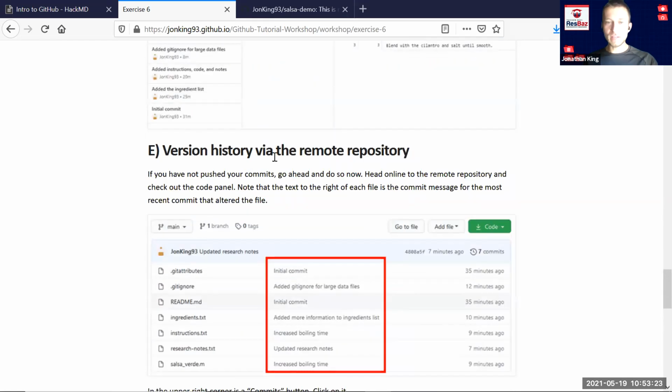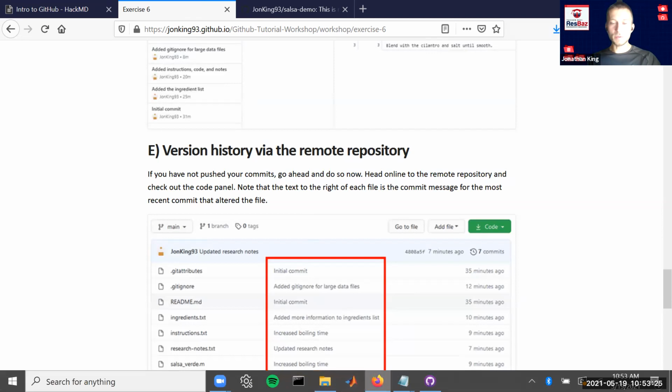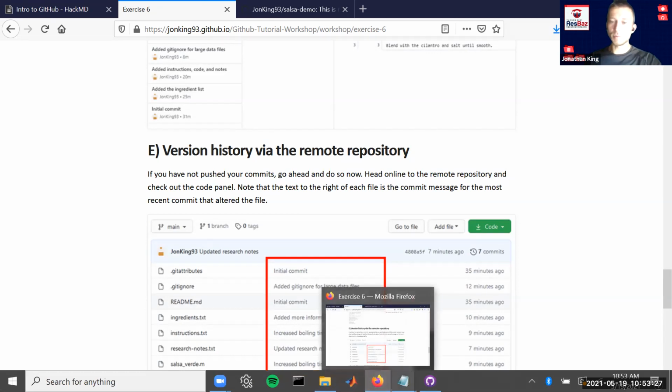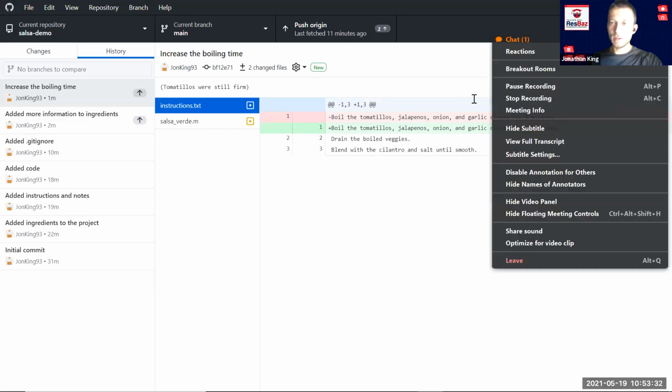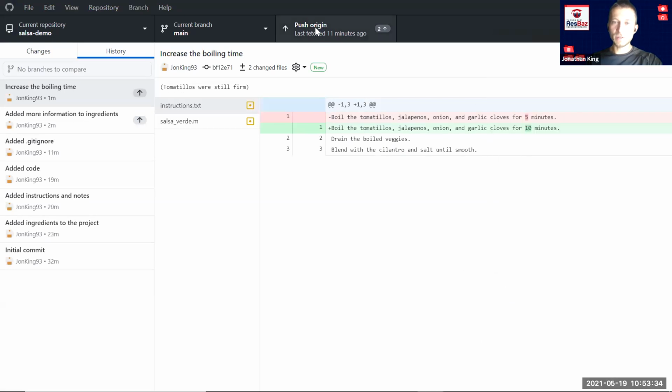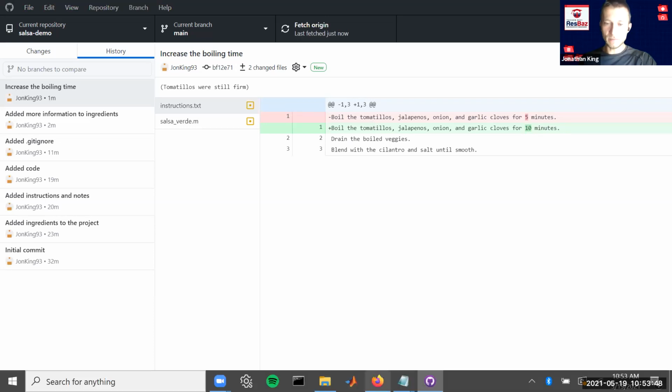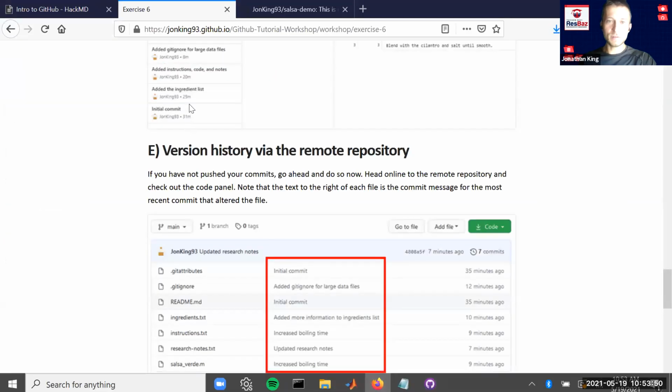And the last thing we should do is note that you can also find this version history on the remote repository. Let's go back to GitHub Desktop and let's make sure that we push these commits that we've made, because otherwise they'll just be on our computer and we can't share them across devices and they won't be backed up. So now that we've pushed that, we can go back to the repository,